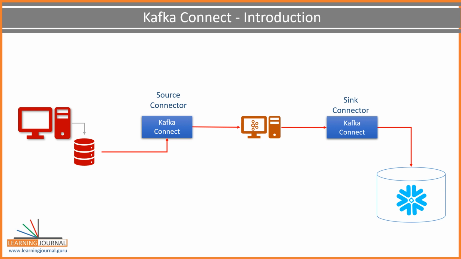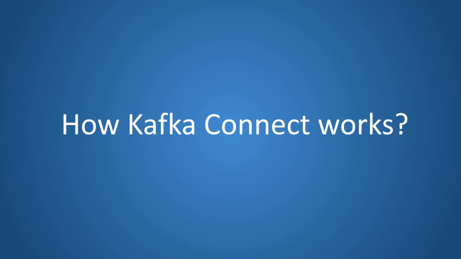What is Kafka Connect? Kafka Connect is a component of Kafka for connecting and moving data between Kafka and external systems. We have two types of Kafka connectors, source connector and sync connector. And together they support a bunch of systems and offer you an out-of-the-box data integration capability without writing a single line of code. Now the next question is this: how do they provide out-of-the-box source and sync?